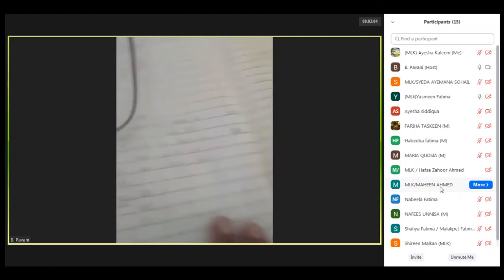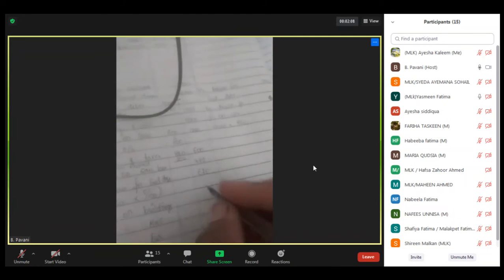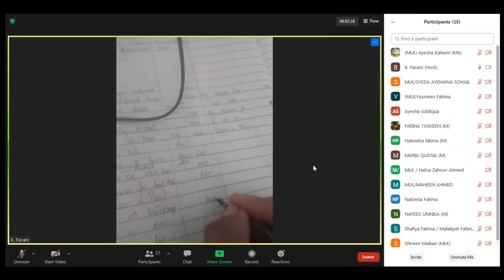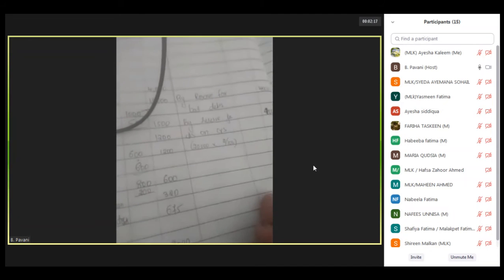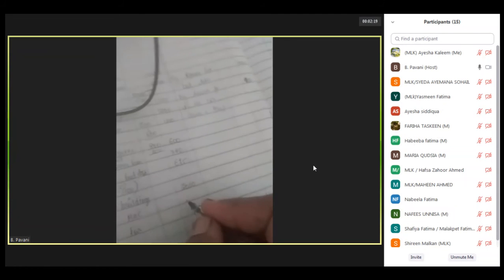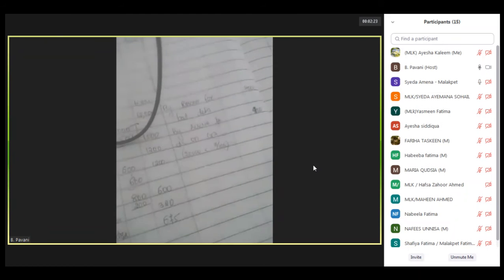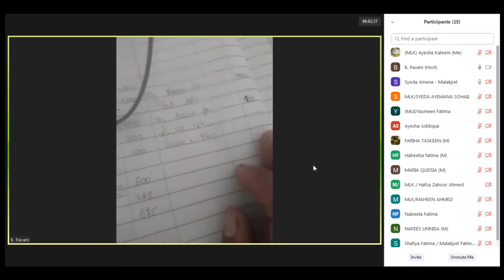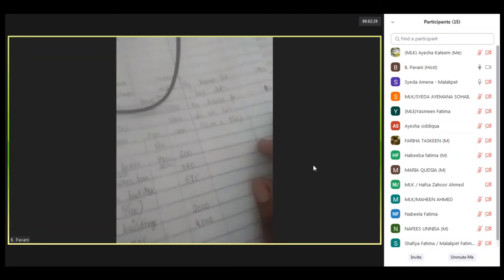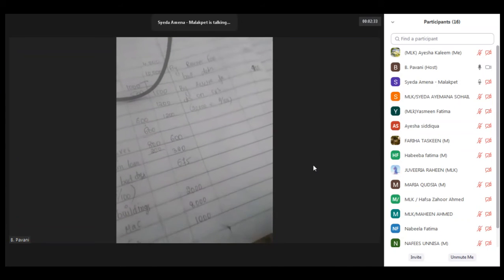Coming to the value of the buildings, what is the value of the buildings? Land and buildings value is 40,000. 40,000 into 5%, when you do it, the amount will be 2,000, right? Yes, 2,000. The next one, coming to the machinery, the amount is 80,000. 80,000 into 10%, if you do it, the amount will be 8,000. The next one is furniture. The furniture amount is 5,000. On that we should take out 20%. When you take out 20%, the amount will be 1,000, right?